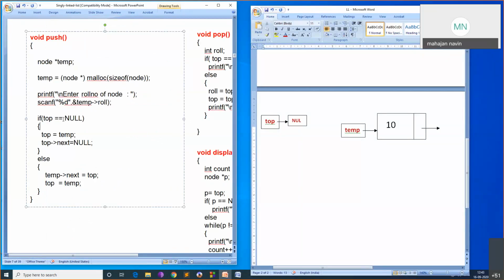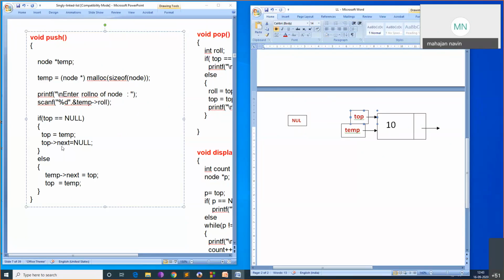If top equal to null, top equal to temp. Now you assign top to temp. That means both top and temp are pointing to a new node. Top equal to temp means wherever temp is pointing, there top will point now. So top is pointing to the new node.